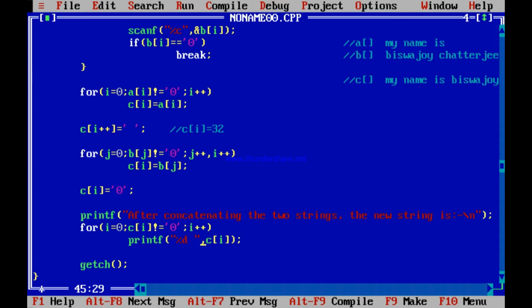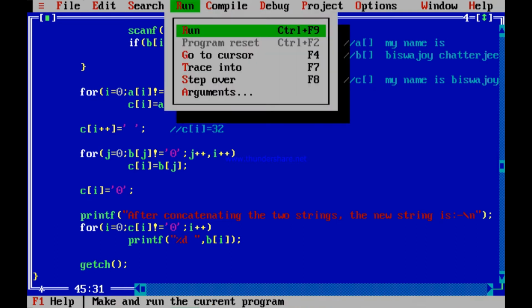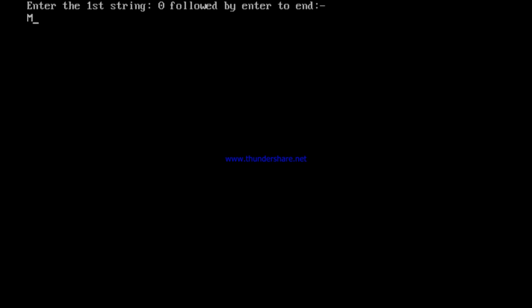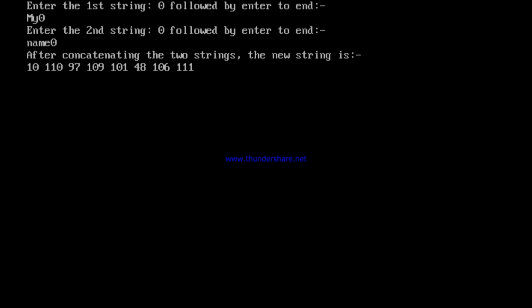Let me print and see whether it is part of the second string. I am not printing the concatenated string, I am only printing the second string. It appeared to be part of the second string because after the blank space, suddenly the enter, then the second string started. So let me print the second string and see. Say my first string is my and the second string is name. Only this much. See, I have only printed the second string. What did it start with? It started with a 10. How come it starts with a 10?